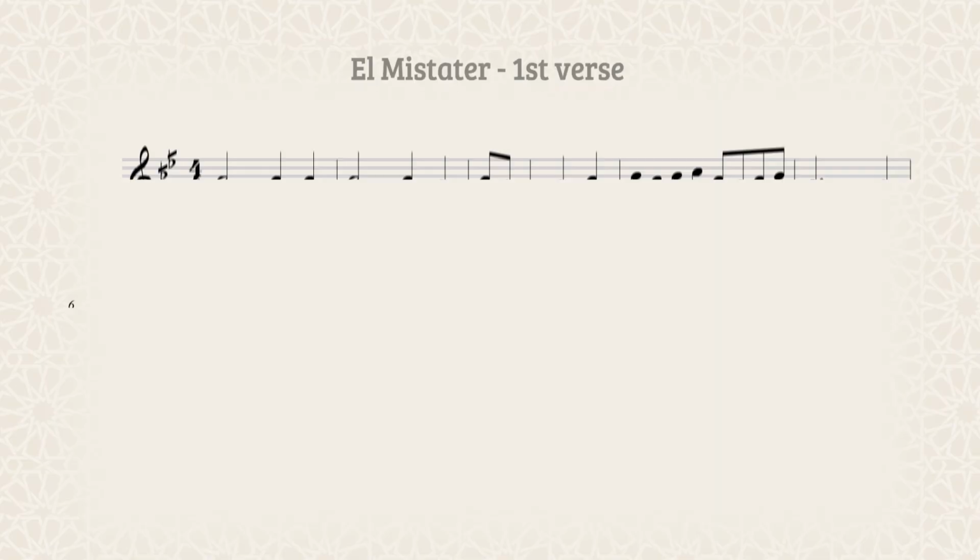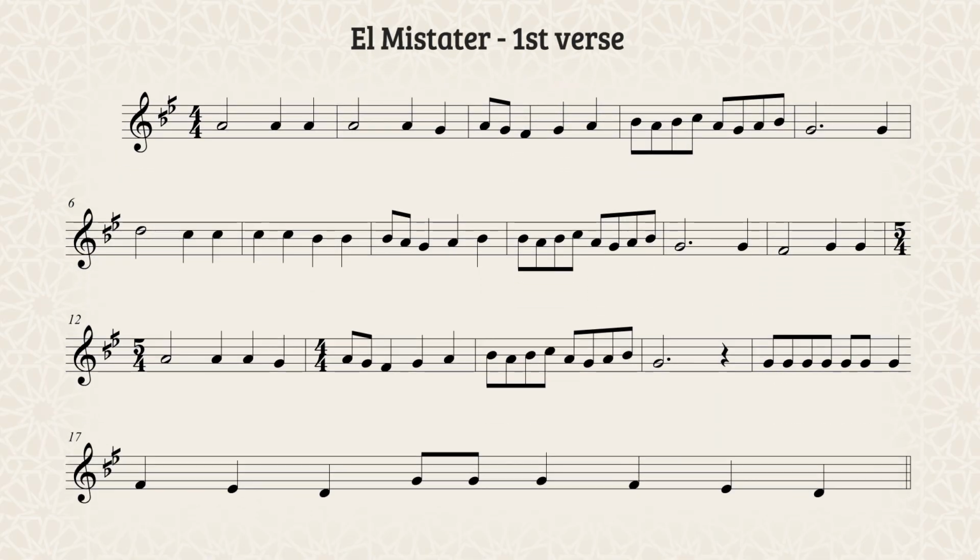If we look at the melody of our piyut, we'll see that it uses the exact same notes as Makam Bayat. So why did Cantor Habusha say that this melody is in Makam Husseini? Makam Husseini shares the first tetrachord with Makam Bayat and is therefore part of the Bayat family. Although the rest of the notes are also identical, Husseini is considered a separate Makam in its own right and is the Makam of our piyut El Mistater.